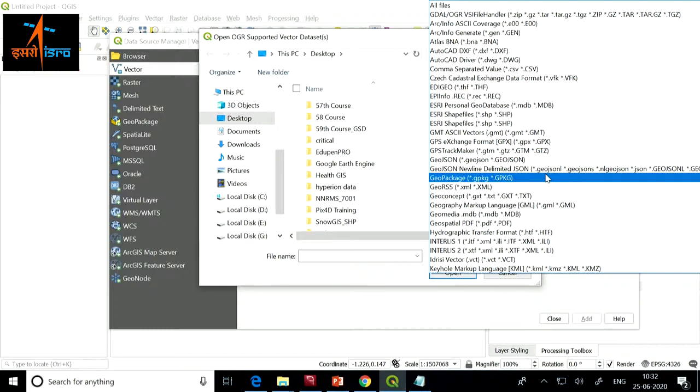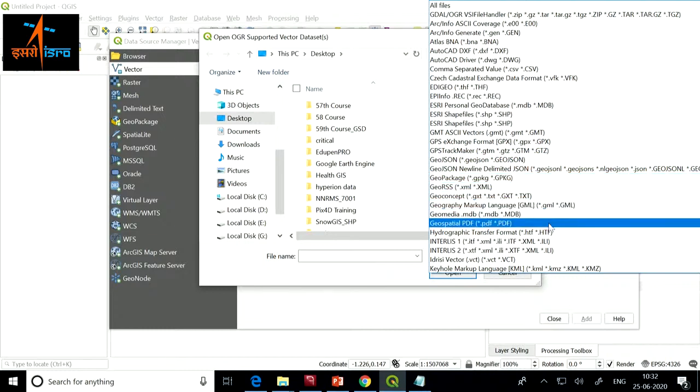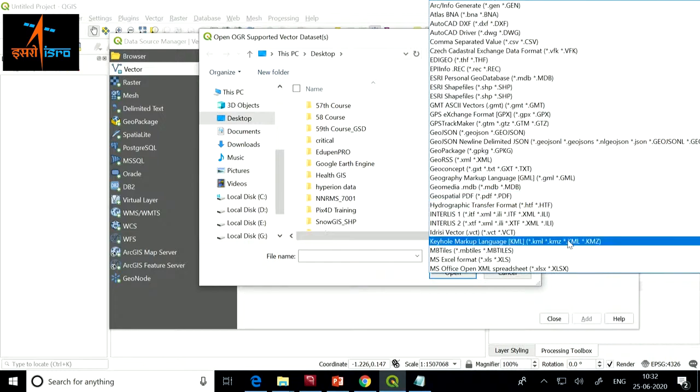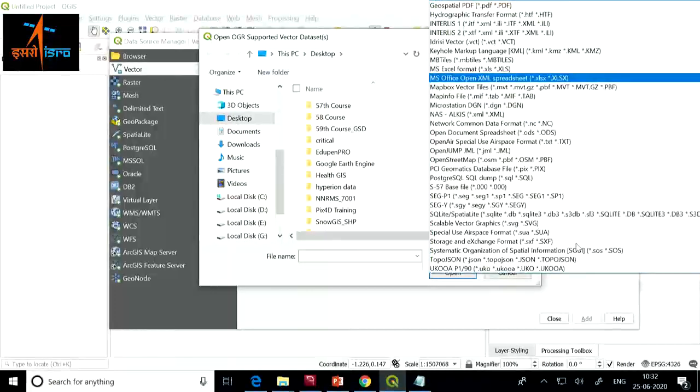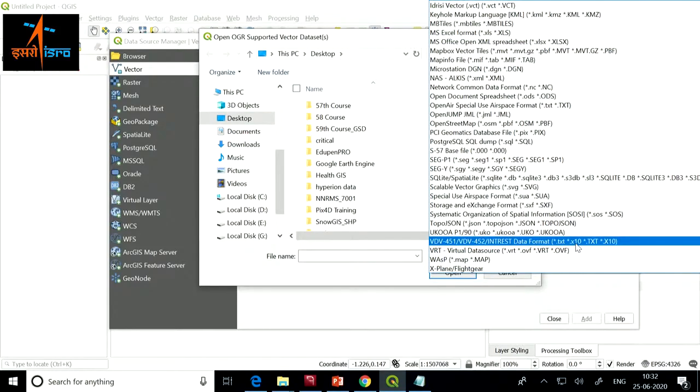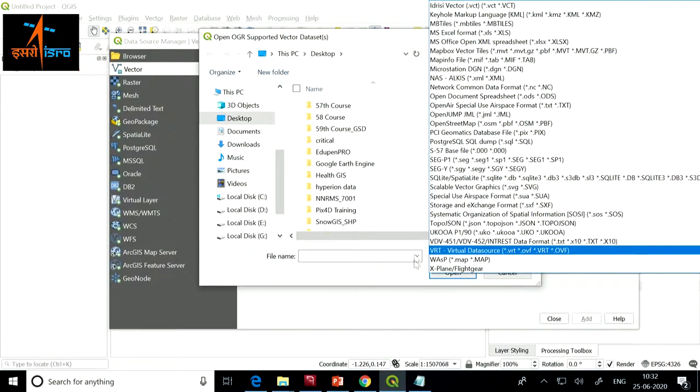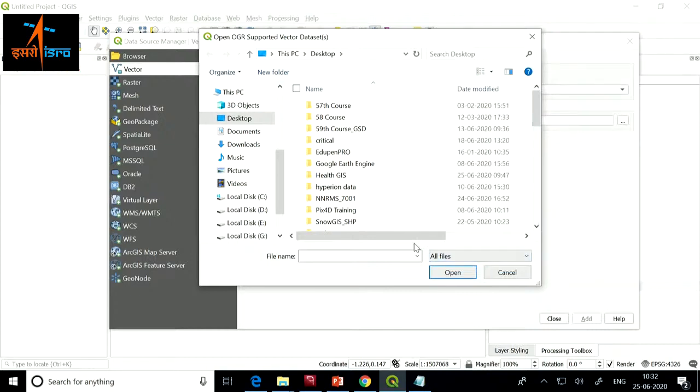GeoPackage is the next open source format which is getting very popular. GML, GeoPDFs, and the very popular KML files that you make on Google Earth. So all these different files can be added. There's a huge list, about 170 odd different formats that can be added directly to QGIS in terms of vector data.